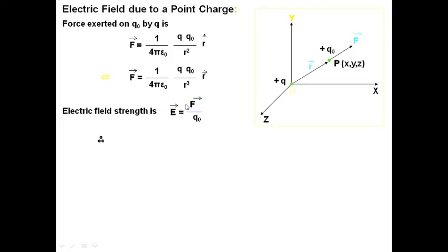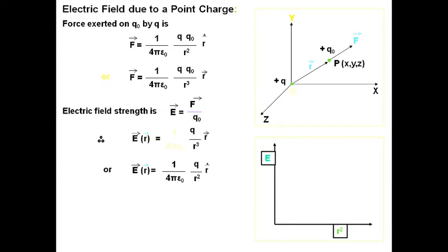Now if we put the value, we get E is equal to q1 by 4 pi epsilon naught, q by R cube, R vector. If it is R square, then it is an R unit vector. So it depends upon you, you can write in both ways. Either it is 1 by 4 pi epsilon naught q upon R square, R unit vector, and that is the simplest way to write the electric field due to a point charge at a certain point.